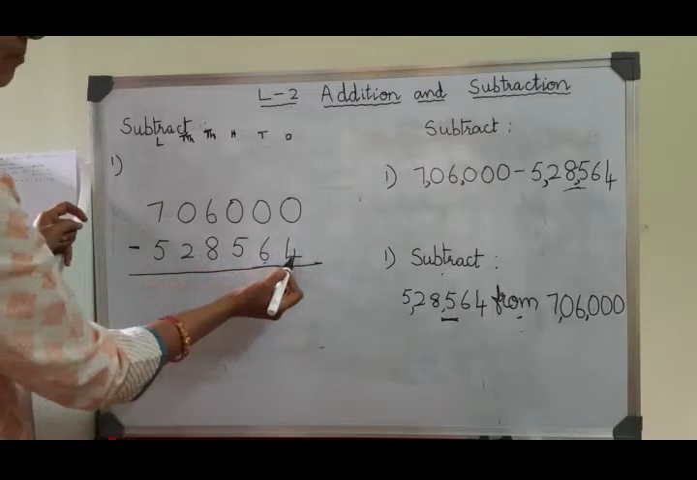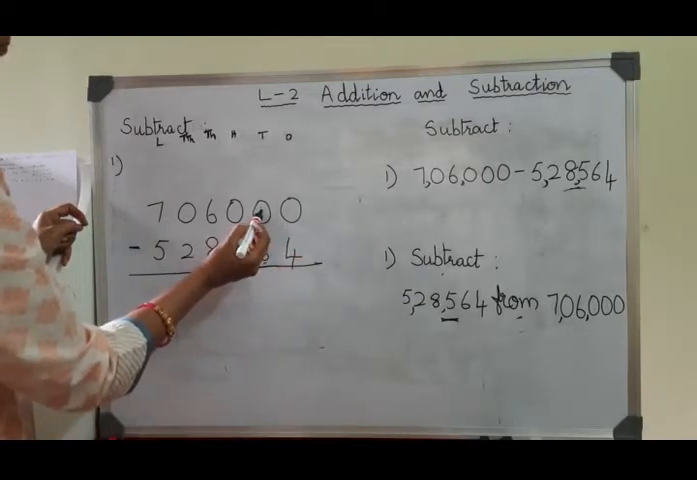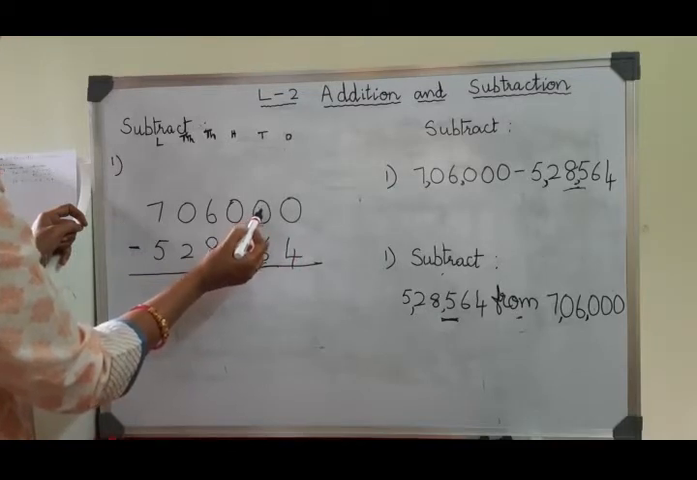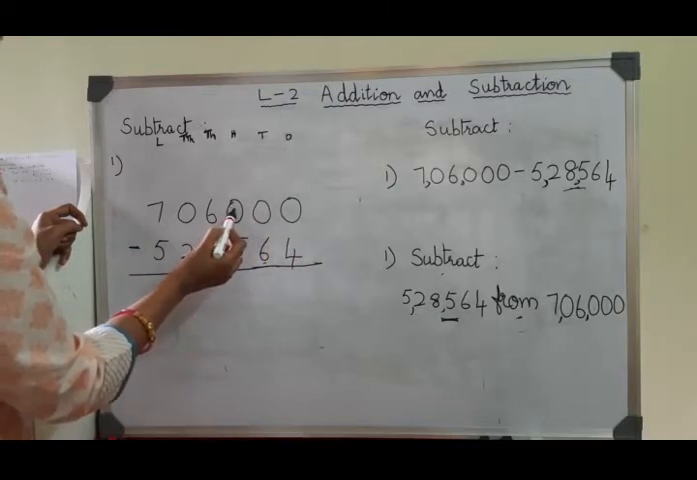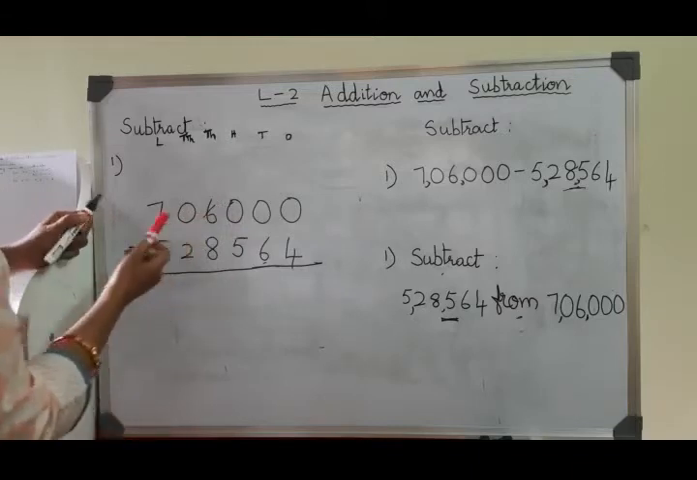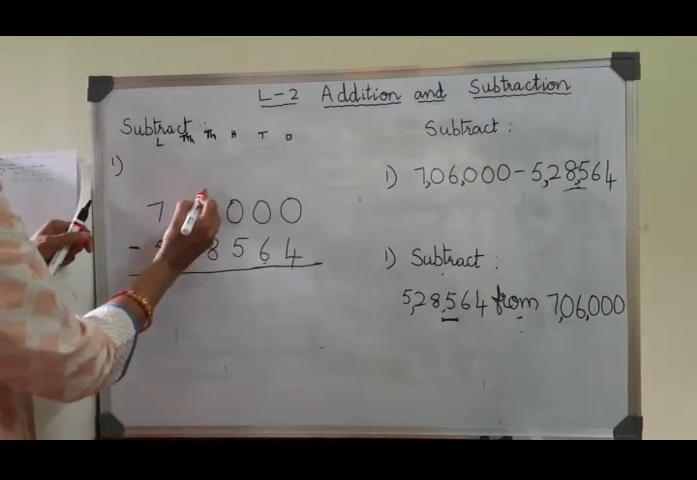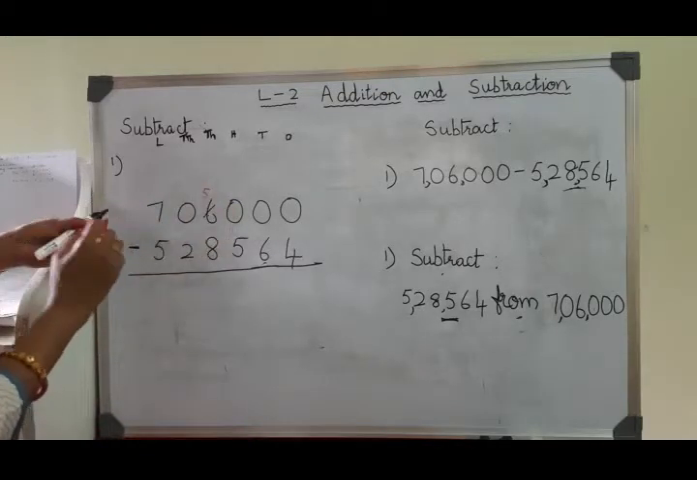Now you cannot subtract 4 from 0. What do you have to do? You should borrow from the next place, tens place. But you cannot borrow. Here there is 0. You cannot borrow from this place also. So what do you have to do? You have to borrow from this place. So how much will this number become? It is 5, right? It is not 6 now. 1 you are taking to